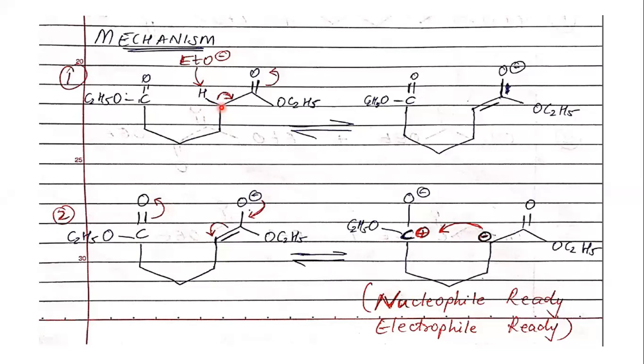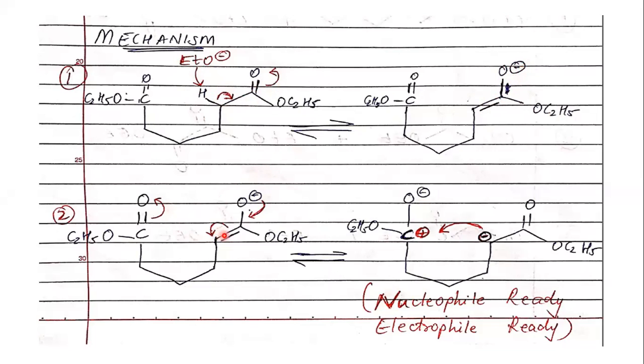So, same as Claisen condensation, the first step that is going to happen is your ethoxide base is going to abstract the proton. While the proton is abstracted, the electrons that are left behind go on this carbon to carbon bond. The C double bond O, the double bond goes on to the oxygen. So you will get this kind of structure here. The double bond is here between C to C. This double bond has moved up onto this oxygen, and O will carry a negative charge.